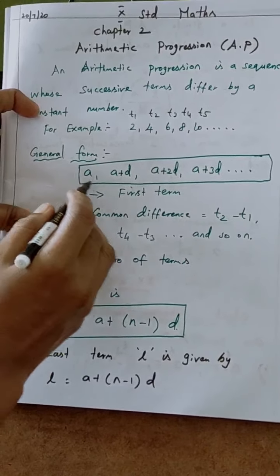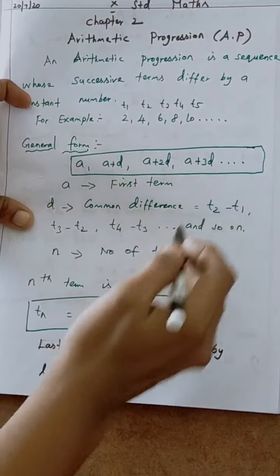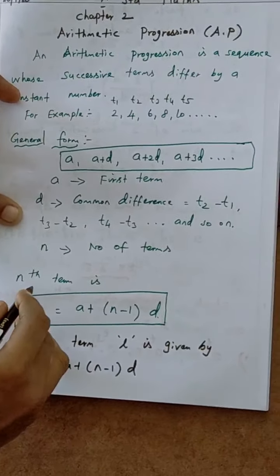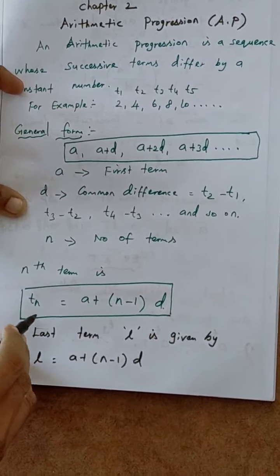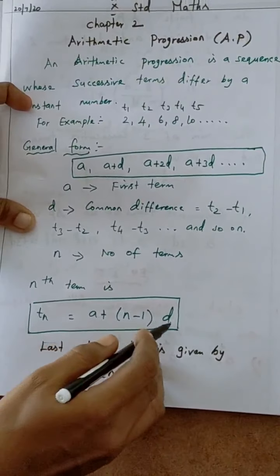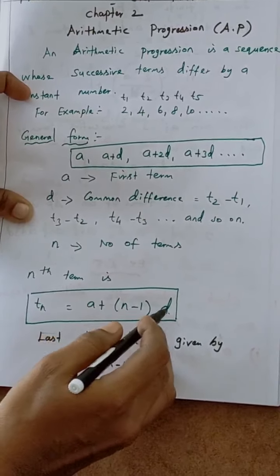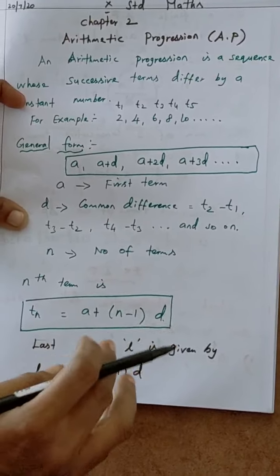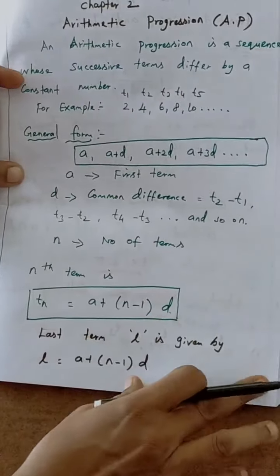So the general form means a, a plus d, a plus 2d, a plus 3d, up to etc. And then the nth term: to find the number of terms, apply this formula, Tn equal to a plus (n minus 1) into d. Here a is the first term, n is the number of terms, and d is the common difference. Okay, then the sequence is the first term and then the common difference,